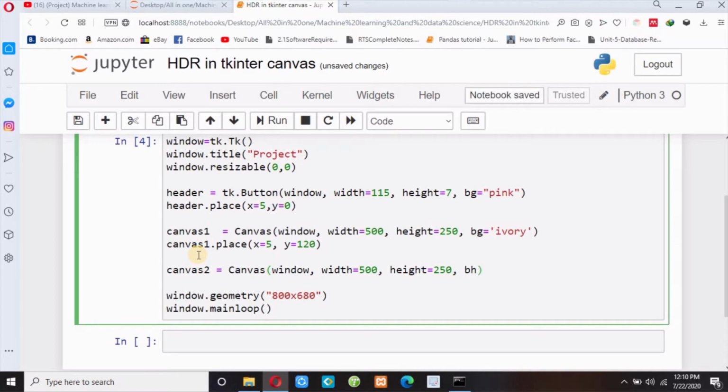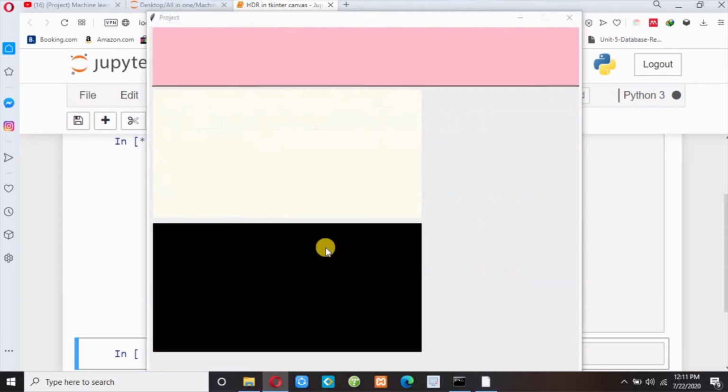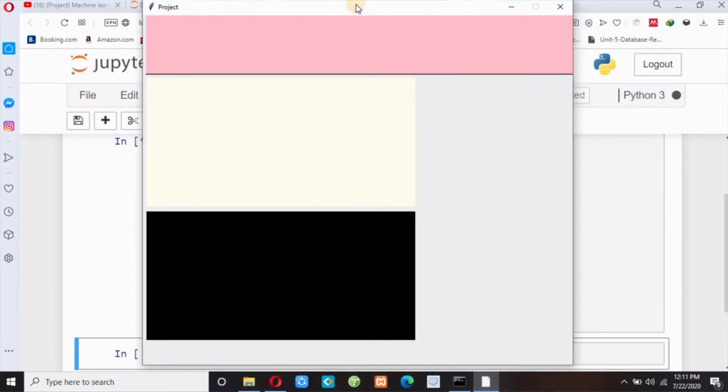And then bg equals, let me put black, and canvas2.place, let me put x equals 5 and y equals 380. So if I increase the y value, then my canvas2 will move downward, and if I increase the x value, then it moves to the right side. So let me execute this again. Okay, this is my canvas1 and this is my canvas2.